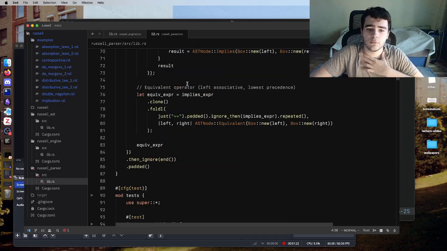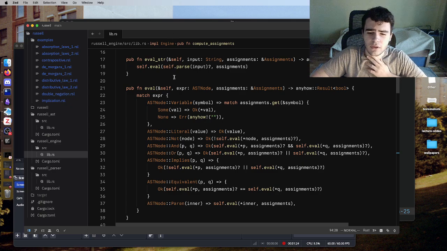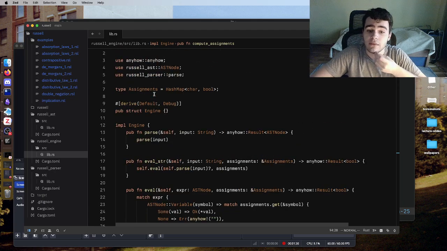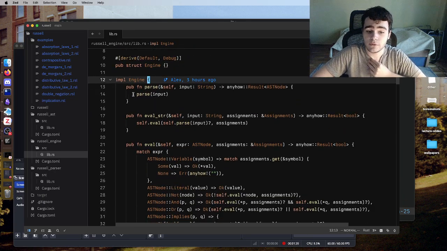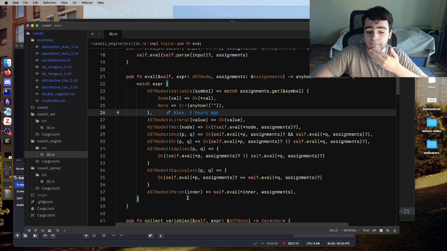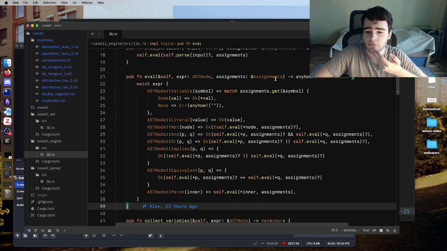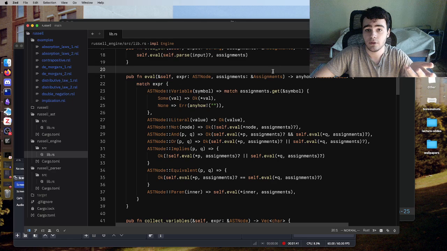But I don't really care about the performance of parsing though. But anyway, it's still supposedly pretty fast. And then I made the engine, which is a struct for some reason, and you can parse and evaluate stuff with it, and you have to give it some assignments. So assuming that the proposition has variables, you have to give truth values to each variable, and if you don't have them, it's probably going to crash. And